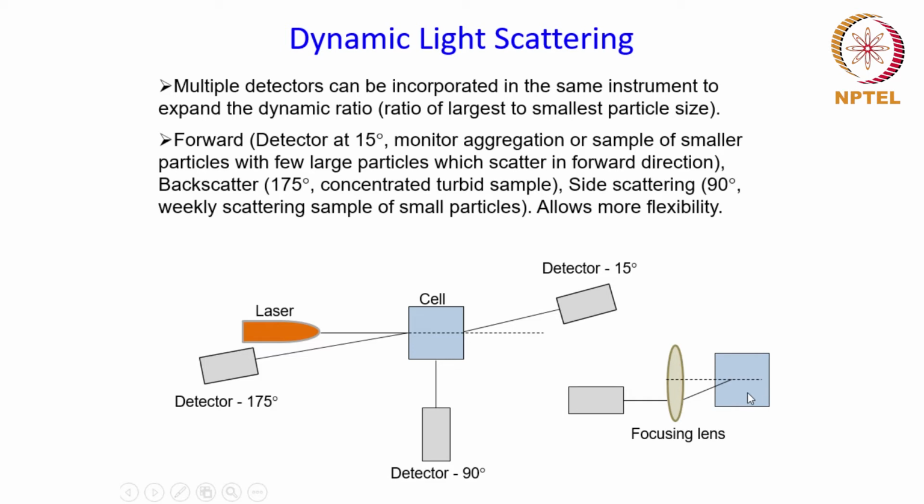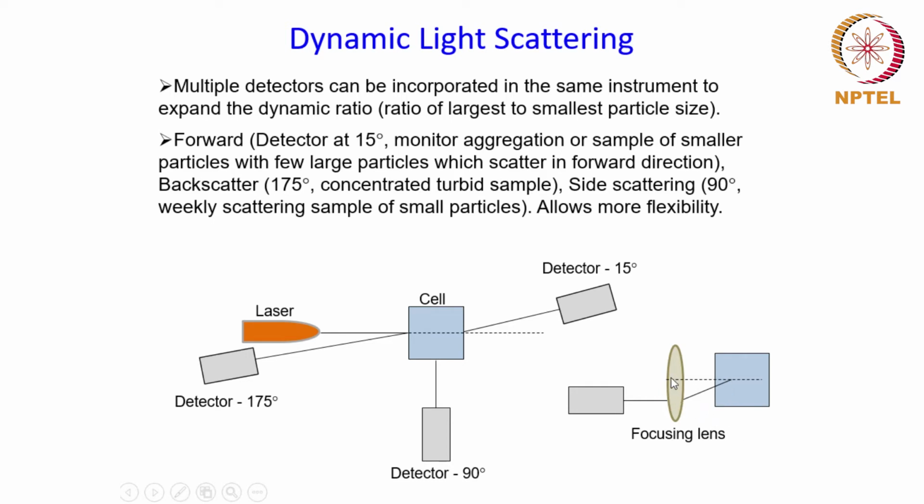Multiple scattering is nothing but scattering of the light beam by more than one particle before it reaches the detector, and if that happens, it might interfere with the signal, as I said, and the data may be skewed compared to the data which would have been received through single scattering.